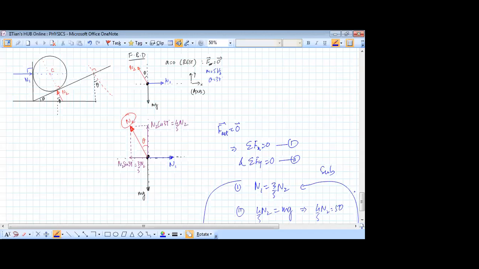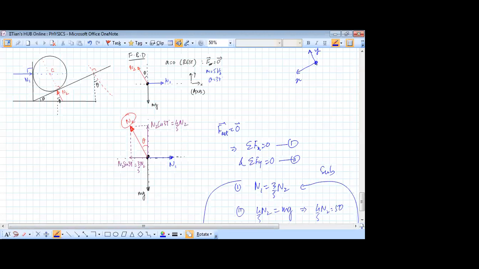Okay, Rahil, if you take your x and y axis along the inclined plane and perpendicular, you will get the same thing. You'll get these equations. I'm just writing the equations, you solve them later. If you take x-axis along the incline and y-axis perpendicular to the incline, like this,